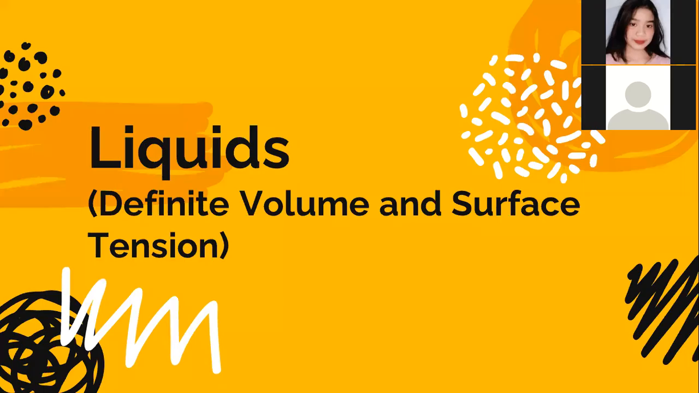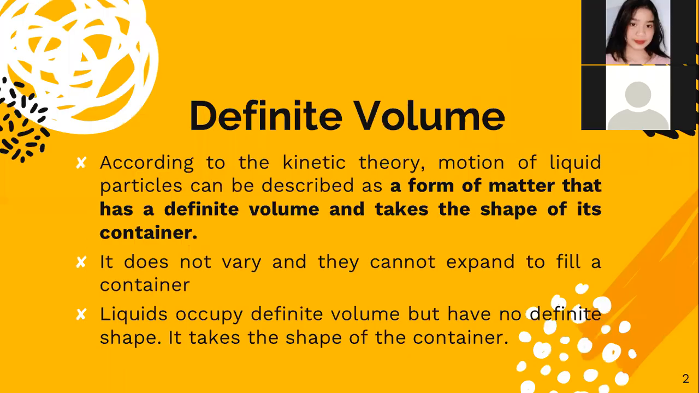So, hello everyone. For today, we're going to discuss the two properties of liquids, which are the definite volume and the surface tension. To start with, definite volume. According to the kinetic theory, motion of liquid particles can be described as a form of matter that